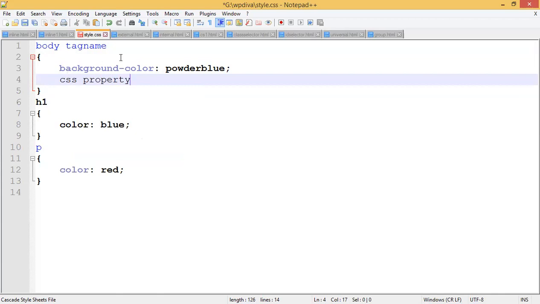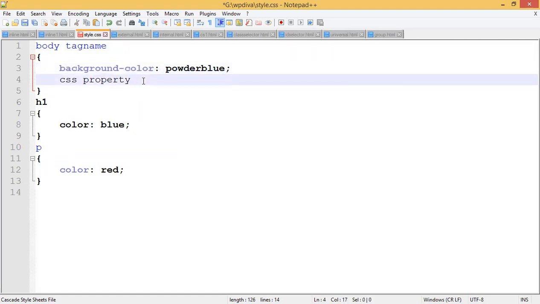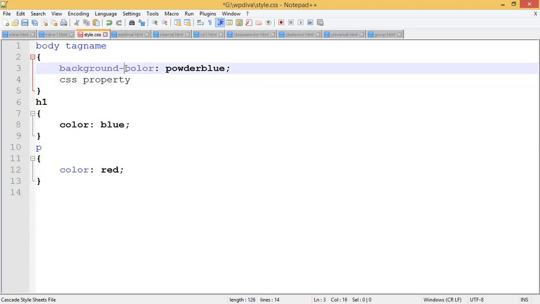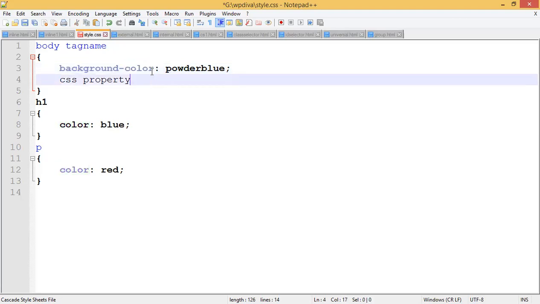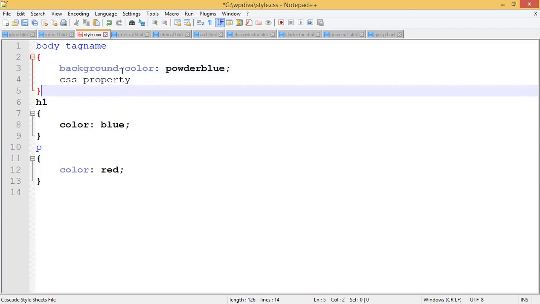Okay. So background color. See here, color is one property, background is one property. So they are combining two properties using this minus symbol. Okay. So that CSS property you can write as a single value, or sometimes it can be multi-valued also, like background minus color. What does it mean? Background color. So you are applying the color for the background here. Are you getting it? So there is also a property saying only color, and there is also a property saying background color. So this is another property which will add a background color.